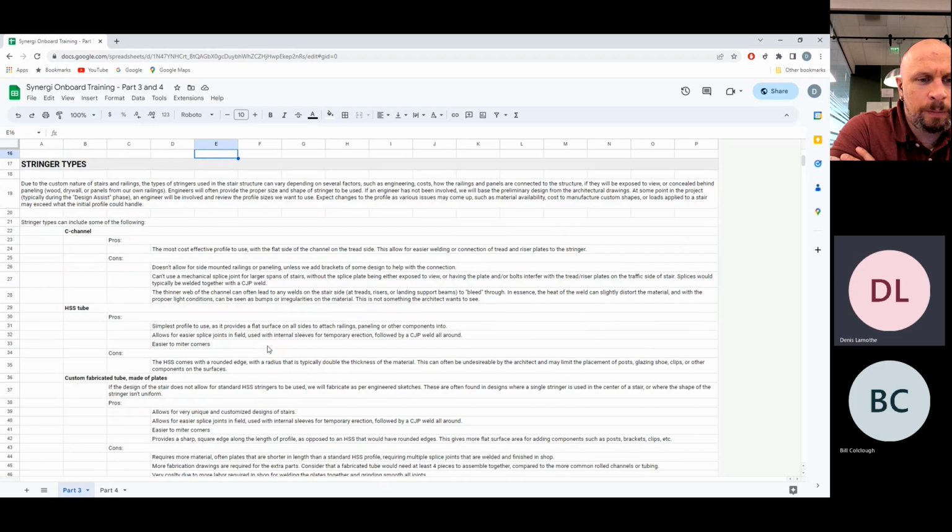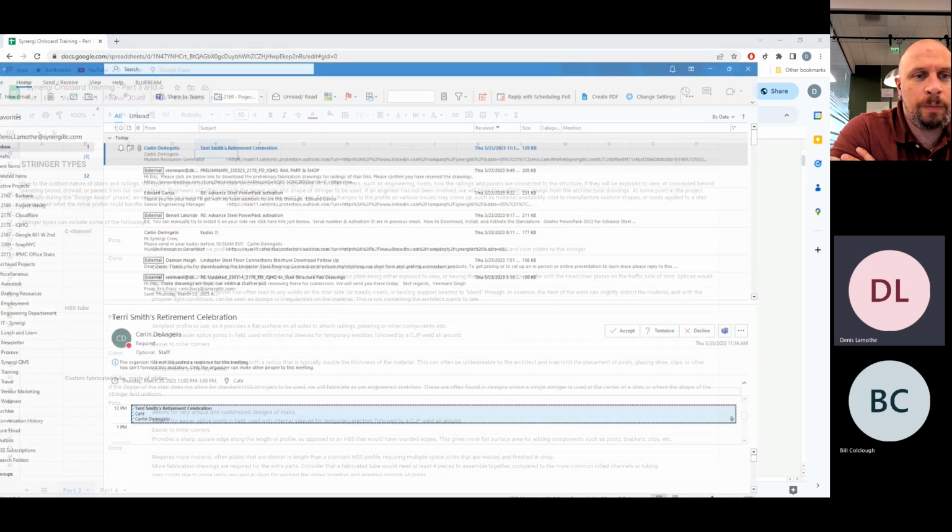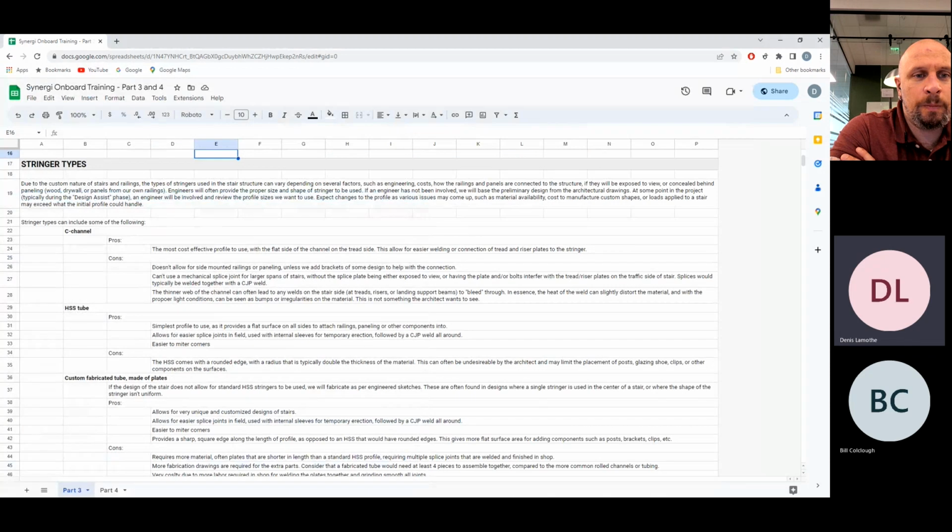So a stair is obviously supported by one or more stringers, typically two stringers, one on either end of a tread and riser. I'm sure you're aware of that. We've had some projects where we've had stairs built with just a singular stringer, and I keep bringing this window up, but I really want to bring